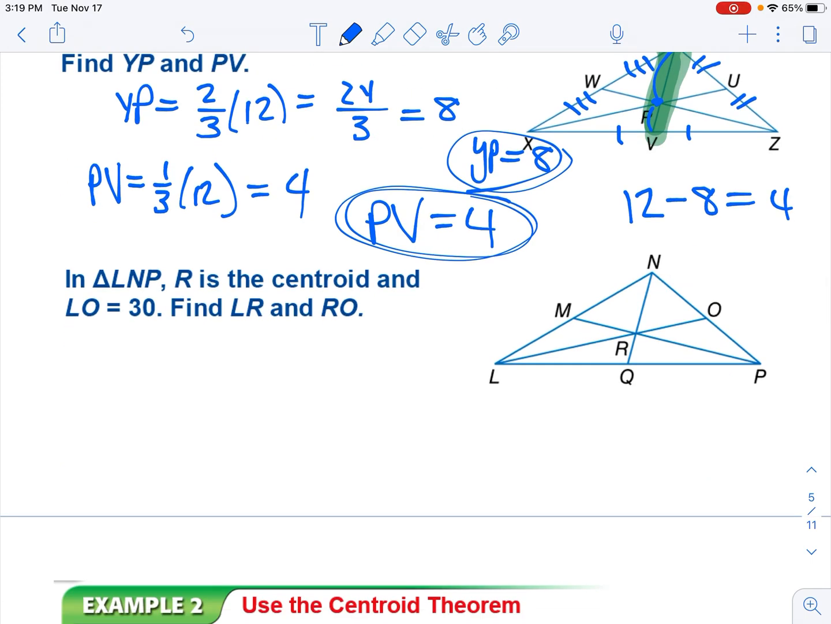The next one works very similar. We've got the triangle. We know R is the centroid. We know LO is 30. So I'm going to set up